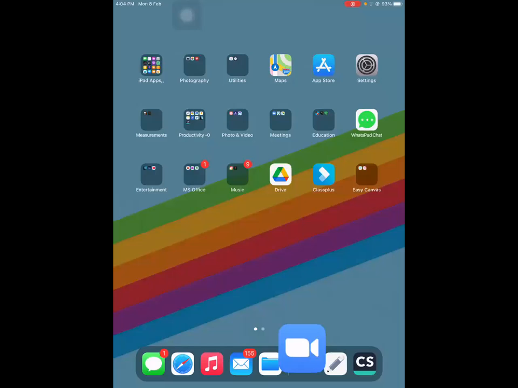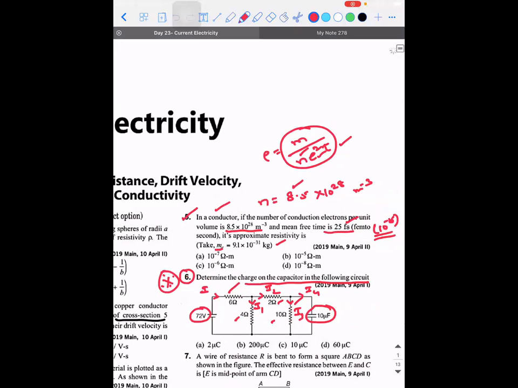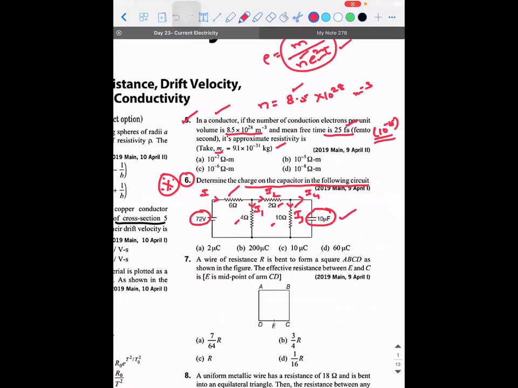See, though a capacitor is also a conductor, we learned one more important point on alternating current. What is the resistance offered by a capacitor to direct current? Xc is equal to 1 by 2 pi f C. You guys remember this? Yes. The reactance of a capacitor is 1 by 2 pi f C. So what is the frequency of a direct current?